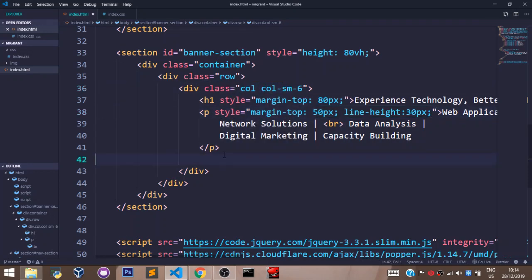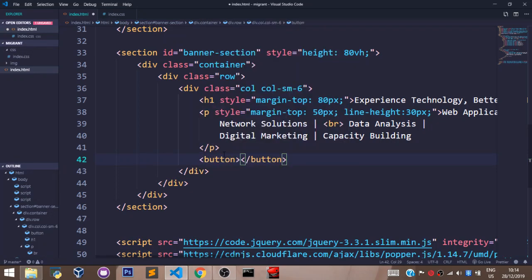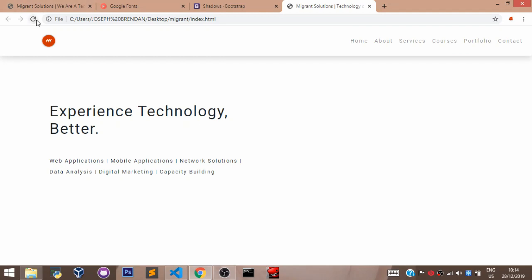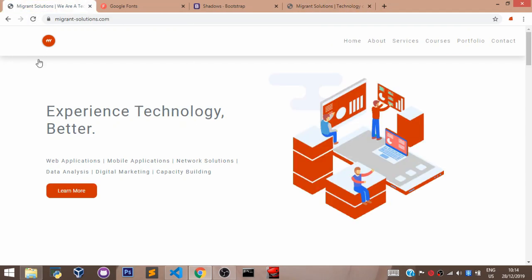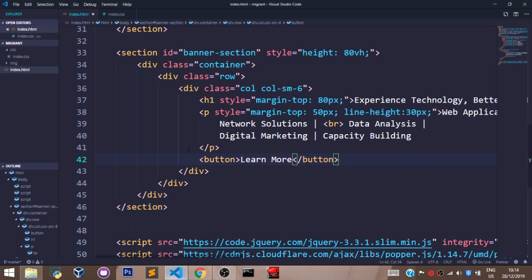So let's come right here and let's set a button to learn more. Let's save that. Head back to our browser to see what we have. It says learn more, but we need to add some CSS to make it look like this. And to make it look like that, let's head over to our HTML file. Let's set some style attributes